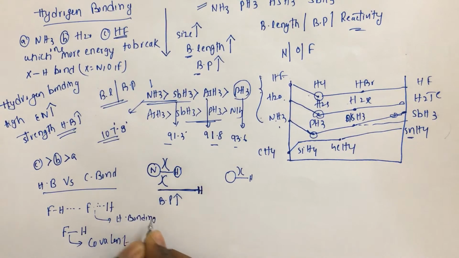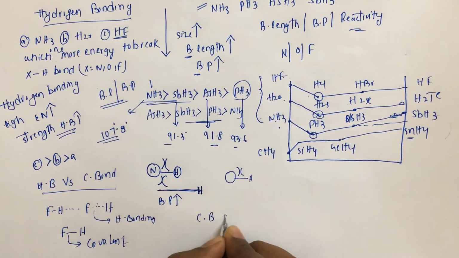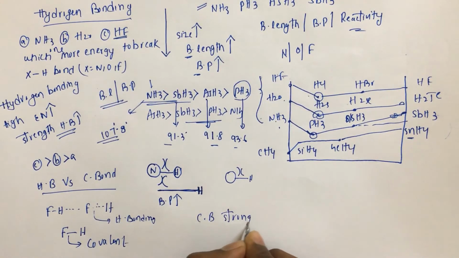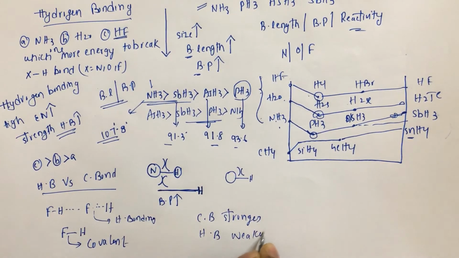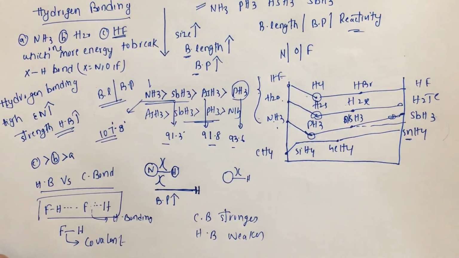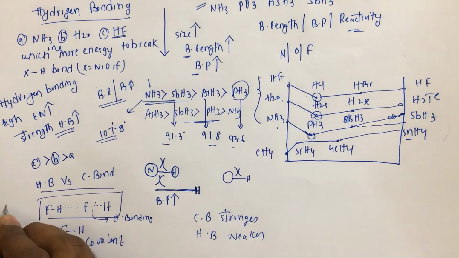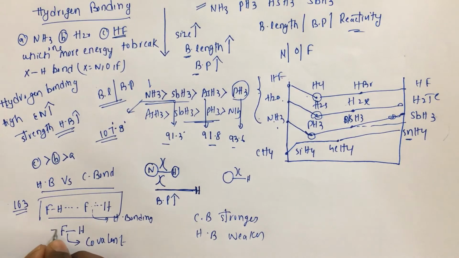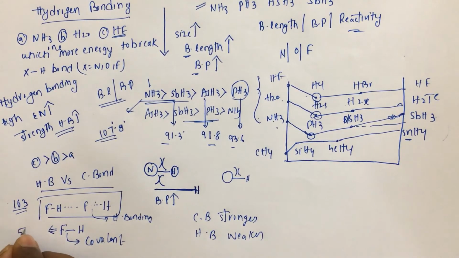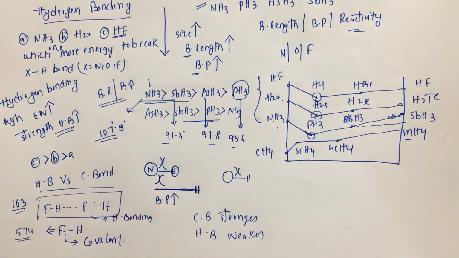Always remember, covalent bond is stronger compared to hydrogen bonding. Hydrogen bonding is weaker, so we require less energy to break this bond. It's around 163 kilocalories of energy required to break this bond, but in order to break the covalent bond we need 574 kilocalories of energy. Always the hydrogen bonding is less stable compared to the covalent bonding. Okay,